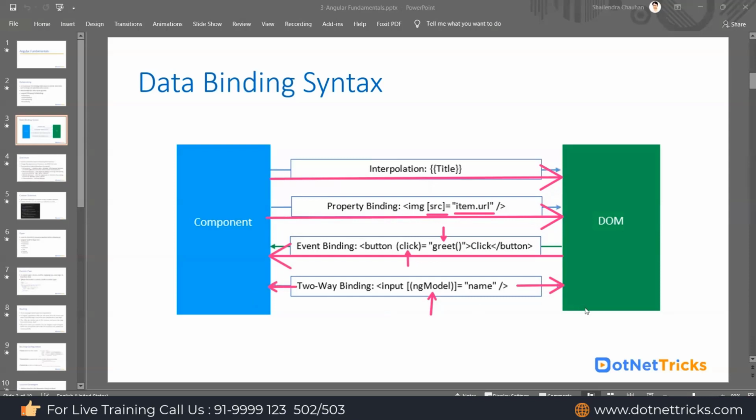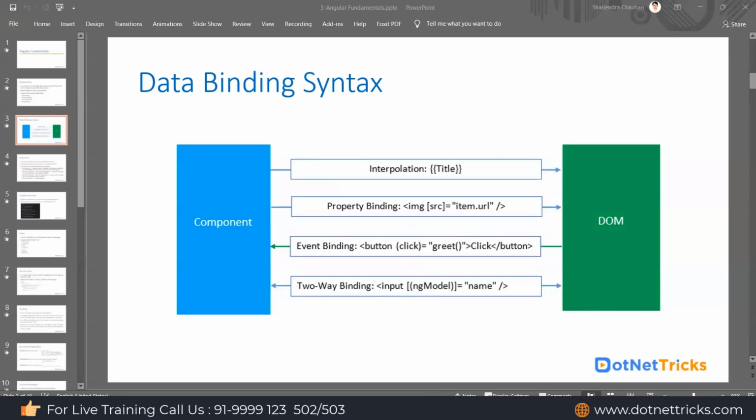It means if you make a change in this HTML DOM, it will update in this component class as well. If you make any change in the component class, it's updated in the UI as well. So the flow is in both directions. It does not matter whether you make the change in the component class or in the HTML DOM, the UI and the component class always stay in sync.